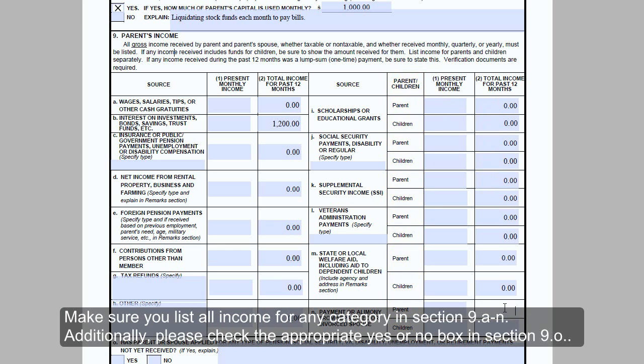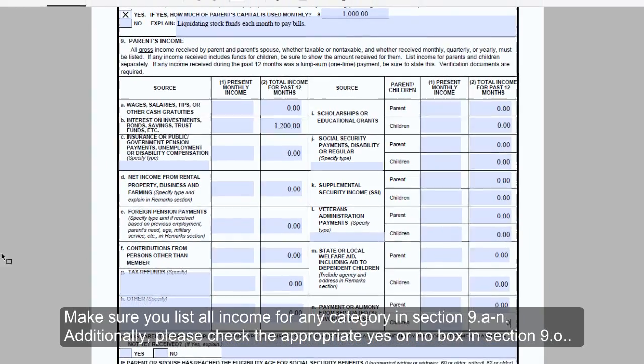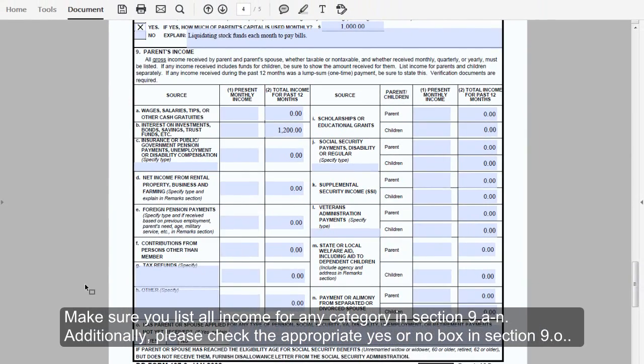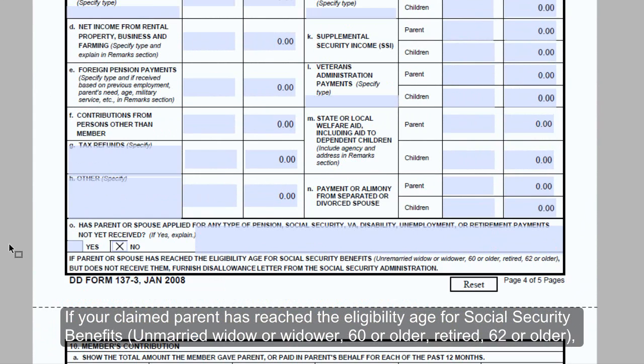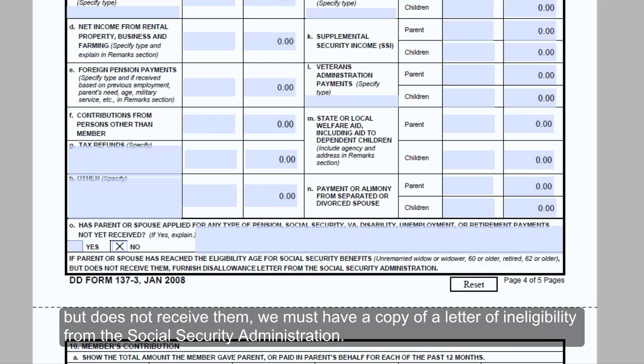Make sure you list all income for any category in Section 9A through N. Additionally, please check the appropriate yes or no box in Section 9O. If your claimed parent has reached the eligibility age for Social Security benefits, unmarried widow or widower, 60 or older, retired, 62 or older, but does not receive them, we must have a copy of a letter of ineligibility from